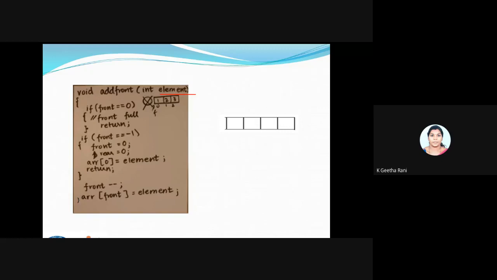So I'm having some conditions here. Again I have to check whether the queue is full, the queue is empty or something. Okay, so first check is if front is equal to 0. So what is the meaning is, if my front is pointing here, okay, that is 0 is my index. Okay, 1, 2 and 3, assume the rear is going to be this end. Okay, I'm having some values are there.